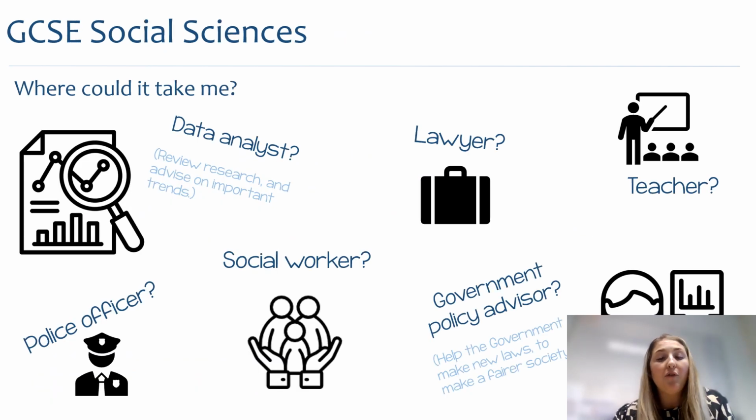So there are a wealth of options of where GCSE social sciences could take you. There are a wide selection of jobs that really like social sciences as a GCSE, and lots of university courses accept it too. So you could go into the world of politics, advising the government on data analysis, policy, advising the government of new laws. You could go into law itself and start thinking about becoming a lawyer or a judge. The criminal justice sector, so police, detectives, all value social sciences in their profession. And of course, teaching is always an option as well.